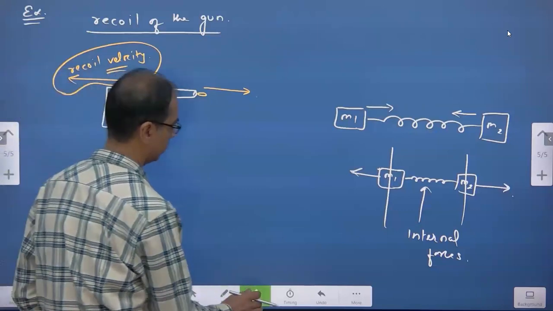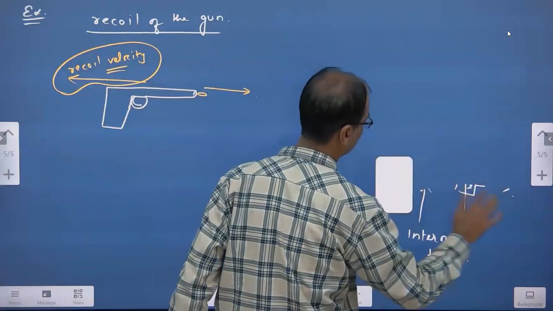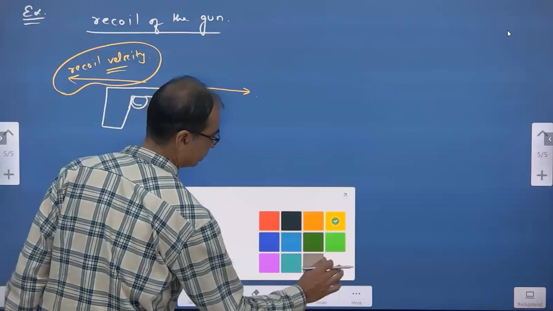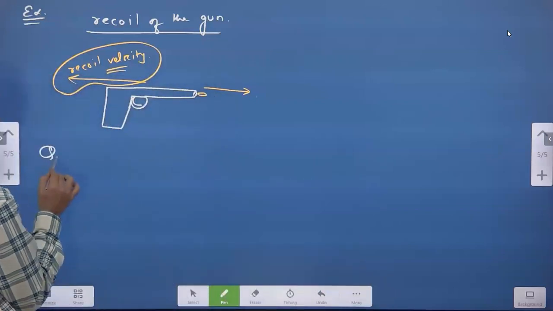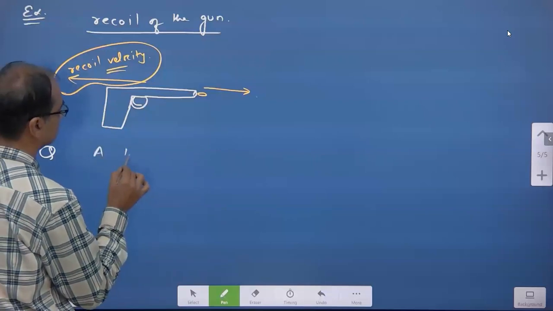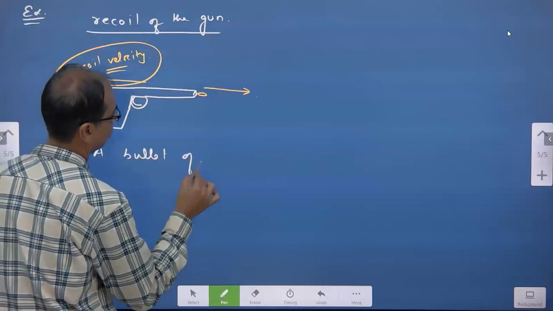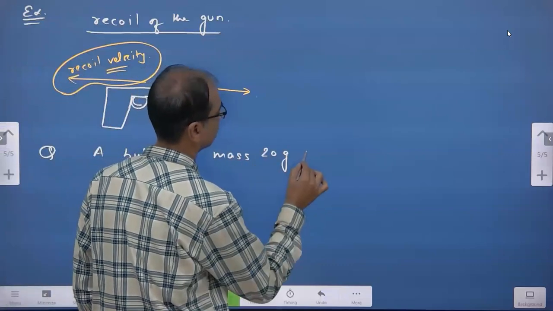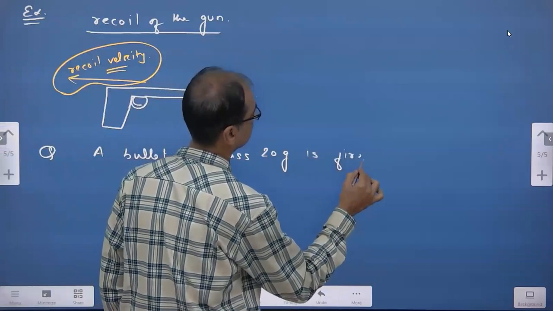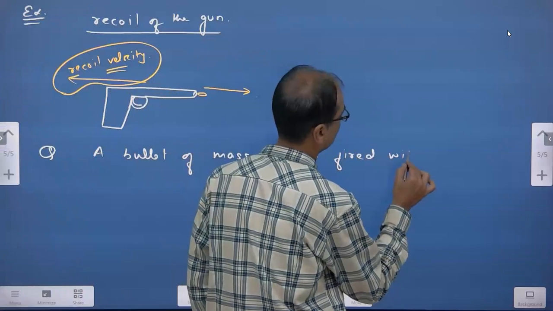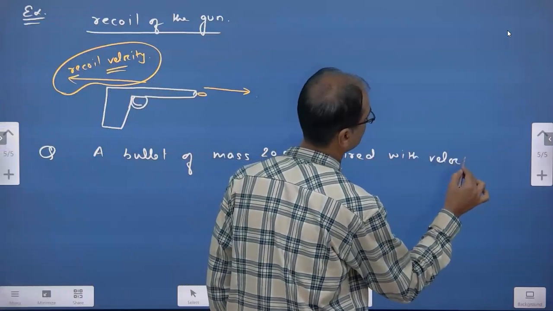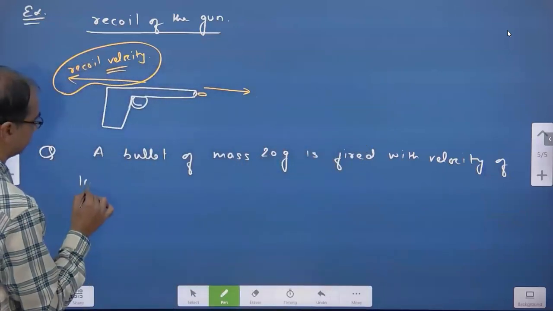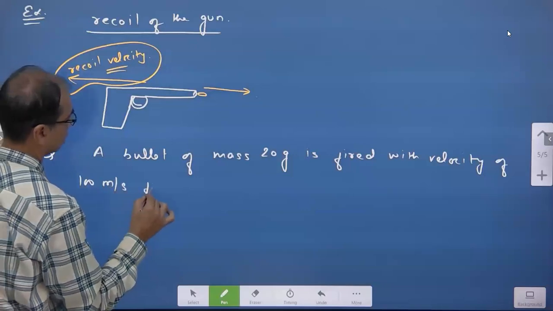Yes, sir. Okay. So let's frame one question and solve it based on bullet and gun. I'm making one question. The question is: a bullet of mass 20 gram is fired with velocity of 100 meters per second from a pistol